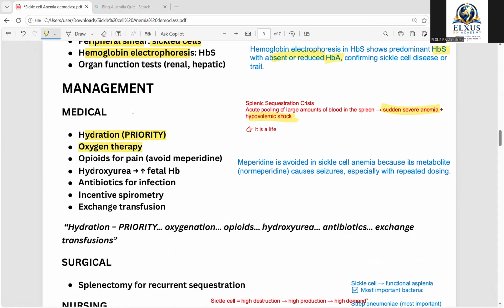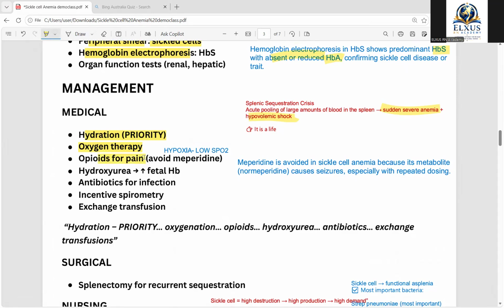And we know there is existing hypoxia because of the low hemoglobin level, so the client's oxygen saturation level will be low. If we monitor the oxygen saturation level, we can see a low oxygen saturation, indicating hypoxia. What does the client need? Oxygen therapy is needed. And there is severe pain because of the hypoxia and infarcted changes, so the client needs